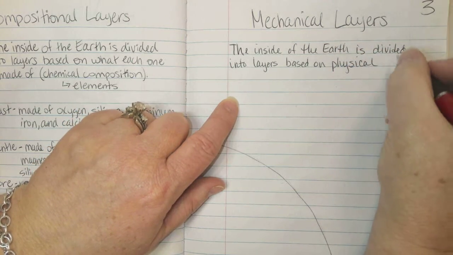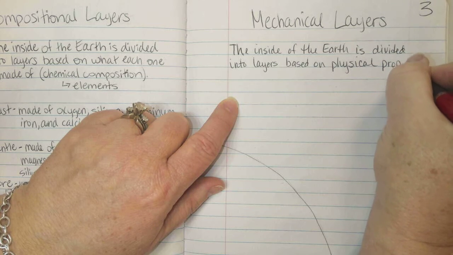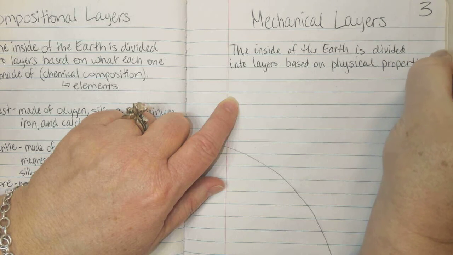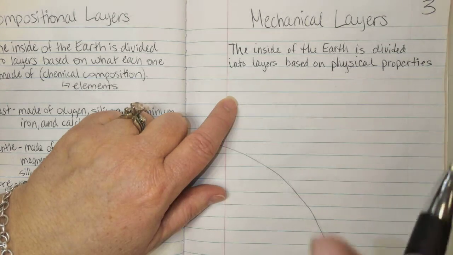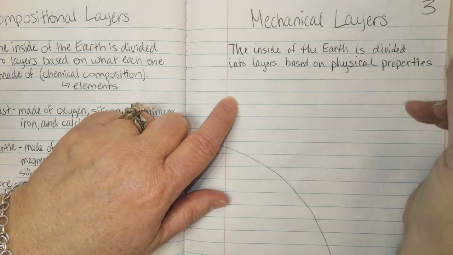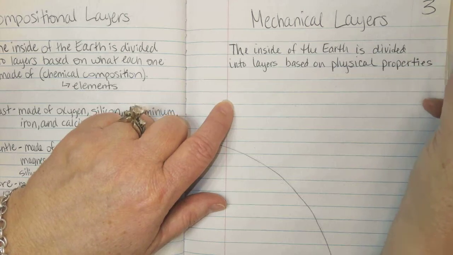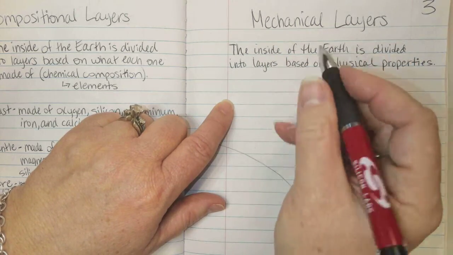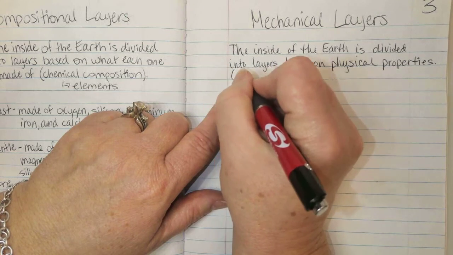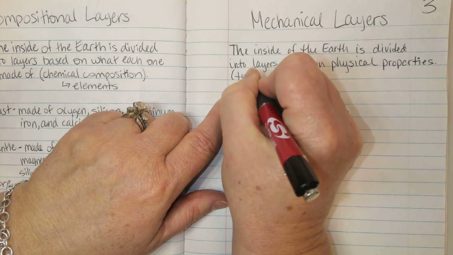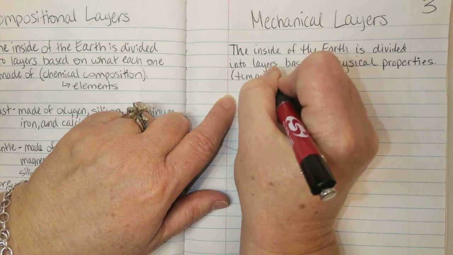Yesterday, or in the previous lesson, Ms. Rios talked about the way that the layers are divided based on what they're made of, their chemical composition. This time we're going to talk about the layers according to their physical properties, which is something different. This separates them in a different way